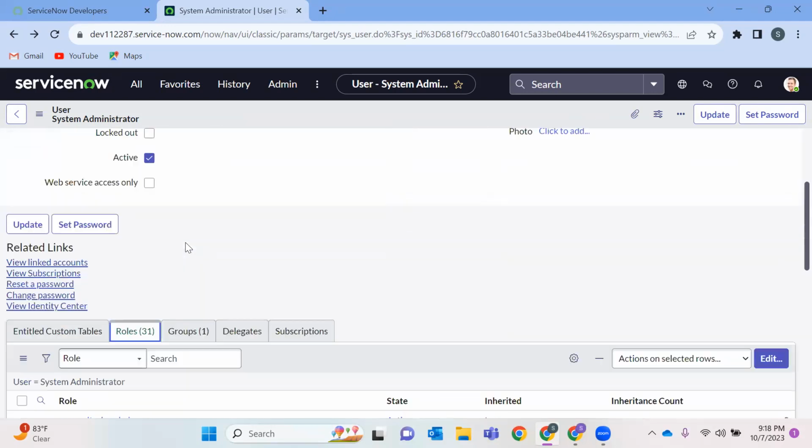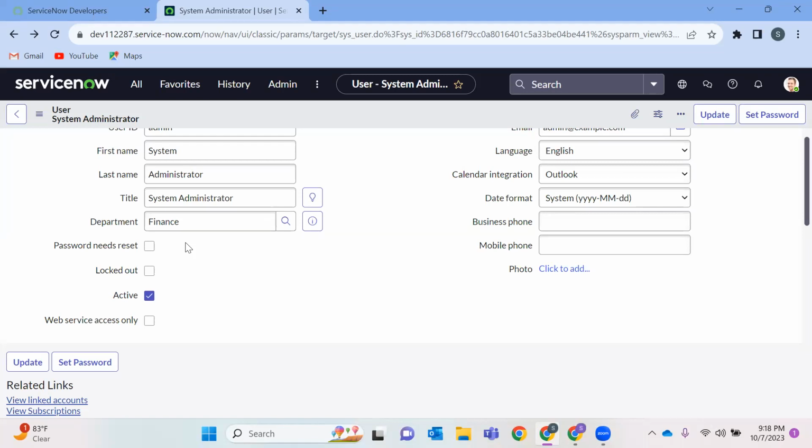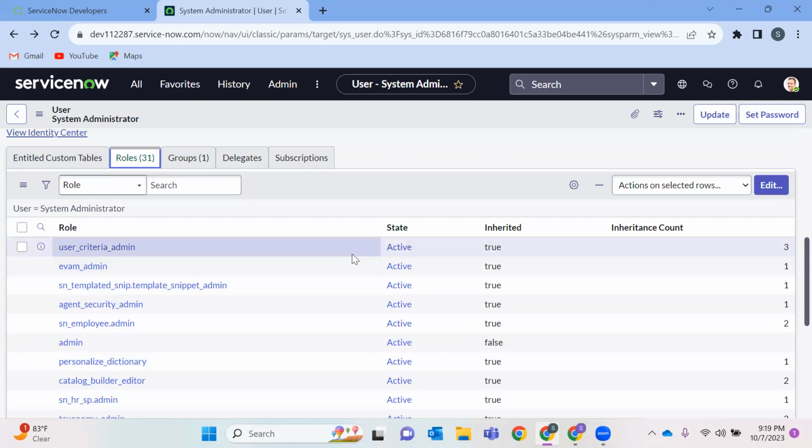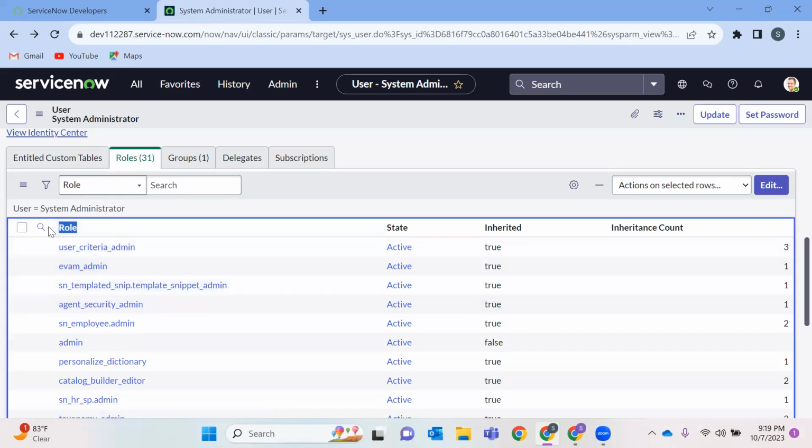Roles. What are roles? Roles define what a person, a user profile, does. Like we have a school, we'll have a principal, a vice principal, teachers, like we have so many other required roles in a school or a college, right? So it defines their nature of work, like what they do. Likewise, here also the roles define what type of accesses you have in ServiceNow, what you can access, what you cannot access. This is being defined by roles. So roles play a very important part in ServiceNow.